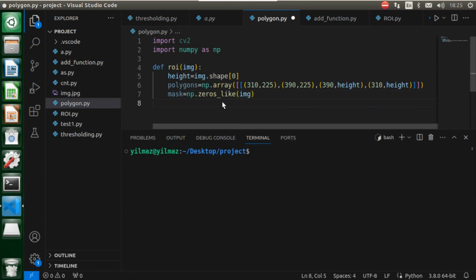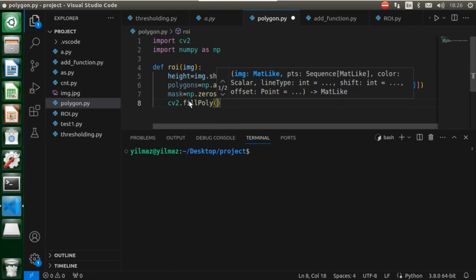So now we need to use a new function right after defining it. The name of this function is fillPoly function. So what does this function do for us? It's a function used in the OpenCV library and is used to fill the inside of a polygon with a specific color. This function is often used in the fields of image processing and computer vision. So now let's call our function, which is cv2.fillPoly and also open and close parentheses.